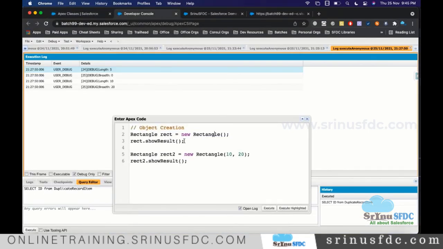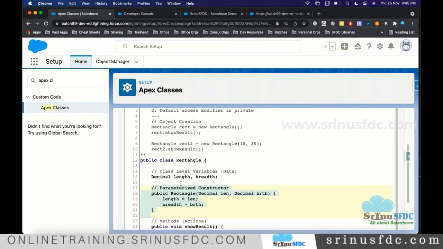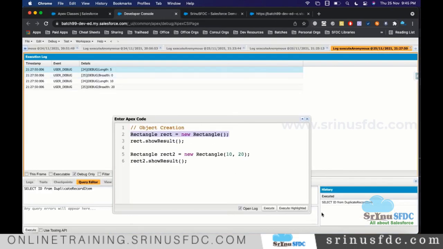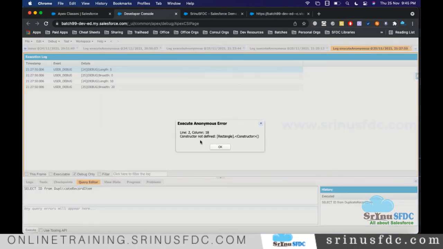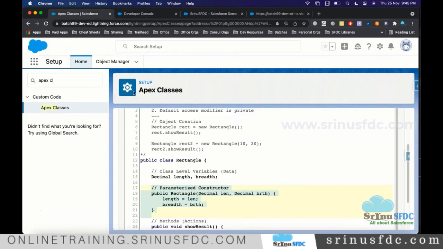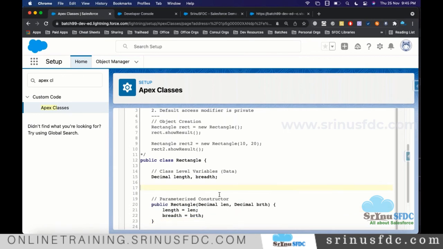Now if I try to execute this line, I'm trying to invoke the default constructor, but it is not there, and we defined a parameterized constructor. Now it will throw an error: constructor not defined. The default constructor will be available only if you don't define any constructor. It's like that.